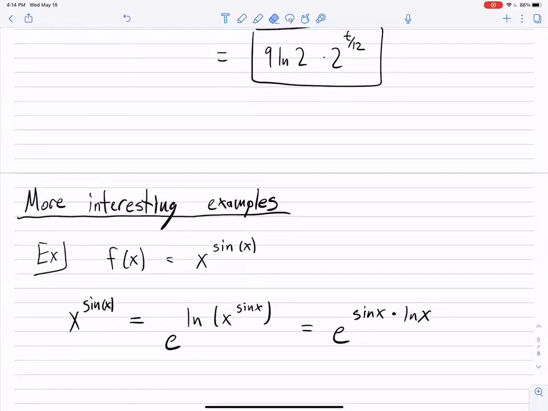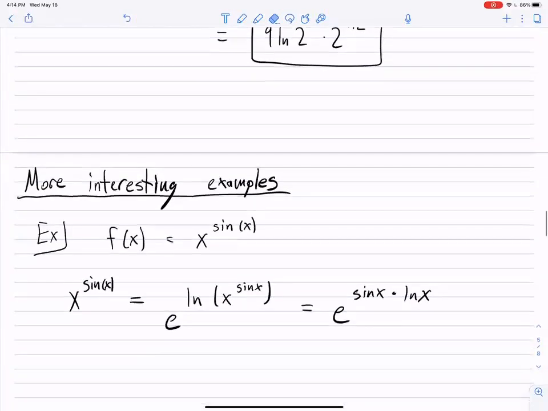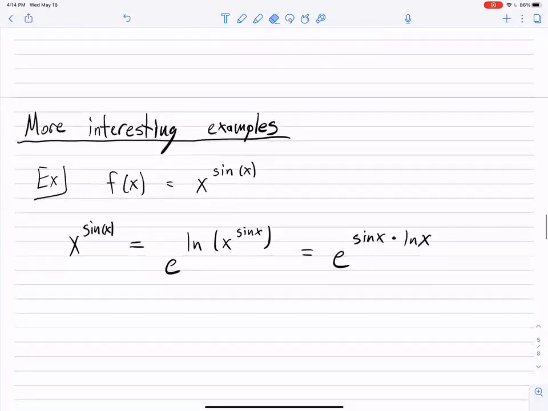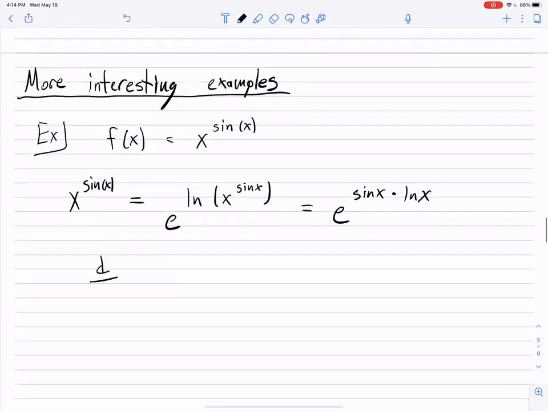f of x equals x to the sine x. How do I do something like that? Well, remember, if you have x raised to a power, you can replace that with e and ln, because e and ln cancel each other, so it's the same thing. And then that brings the sine of x to the outside, and now it becomes this thing that we can take the derivative of. So to take the derivative, we can take d dx of